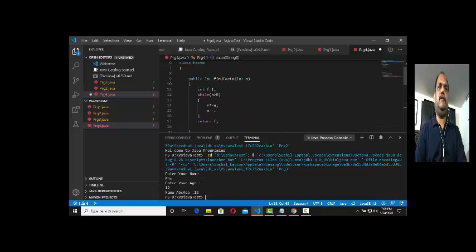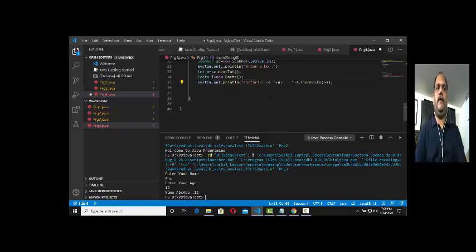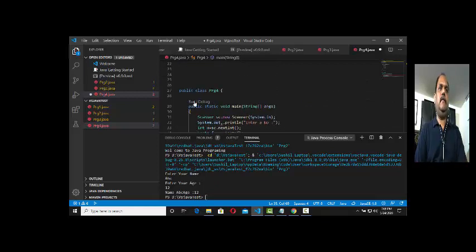Now here is the Factor class, and in the Factor class I define an instance method called public int findFactor, which accepts the number, finds the factorial of it and returns the value. Here in prg4 I accepted that value from the user and then created the instance of Factor and gave a call to the findFactor method. Right? Let us run this, and then